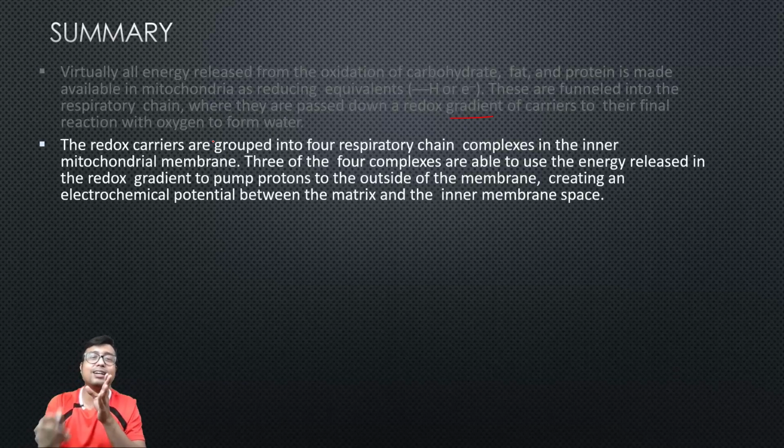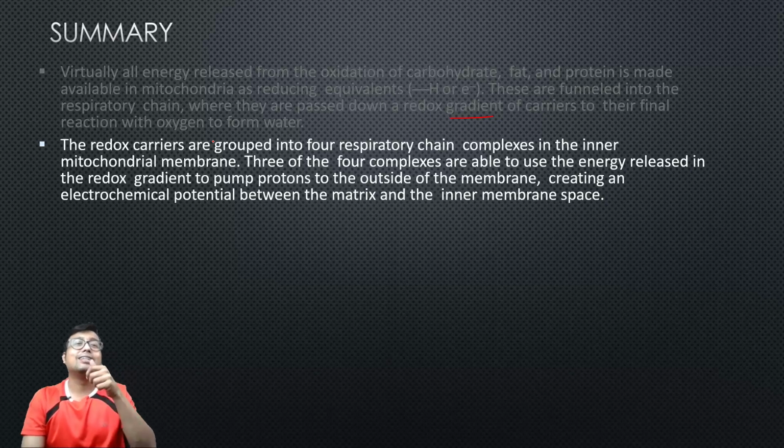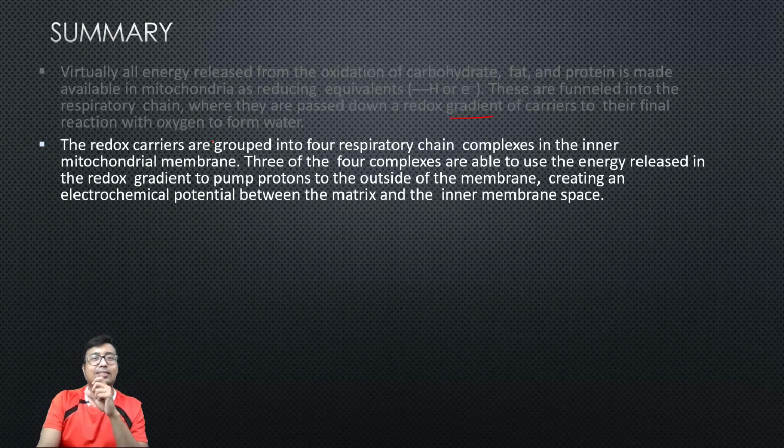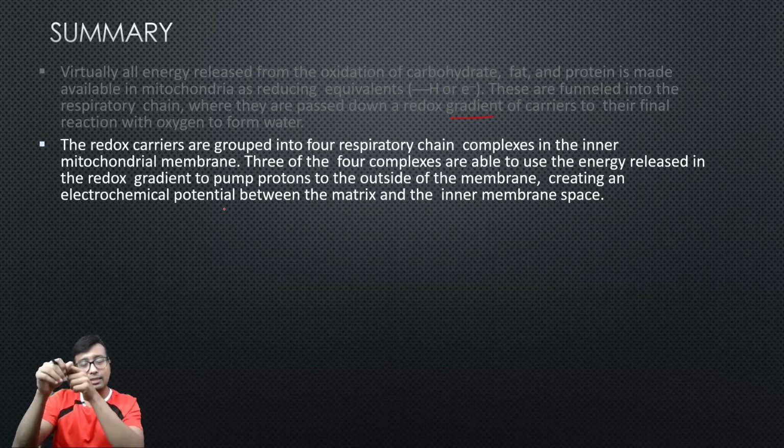Now these redox carriers are grouped into 4 complexes in the inner mitochondrial membrane, and out of them 3 are able to produce energy with the redox gradient. Complex 2 cannot produce, as it does not have the ample amount of redox potential to generate full ATP, that is 7.3 kilocalorie. I told you in previous classes, and the energy produced in the gradient will be used to form the proton gradient, and that proton gradient allows the protons to pass through the proton pump, and the protons are pumped from the